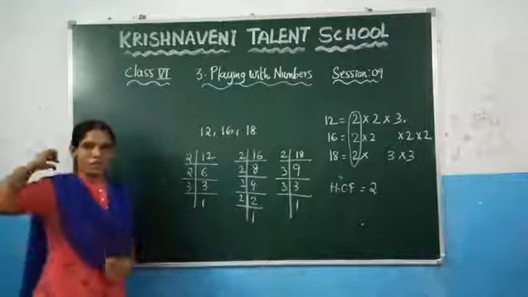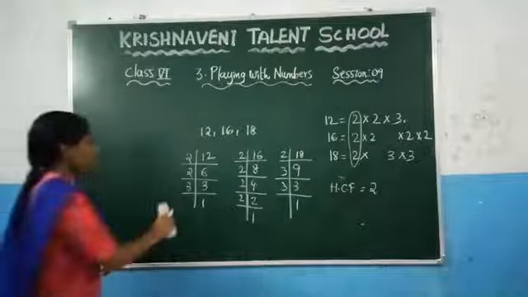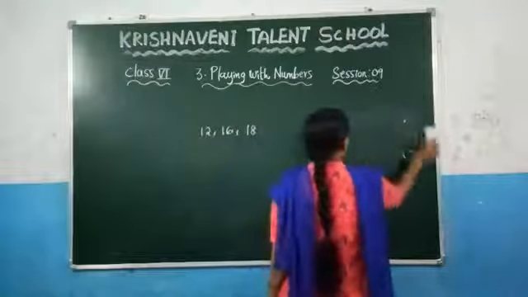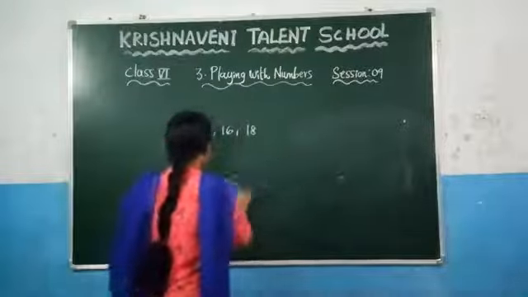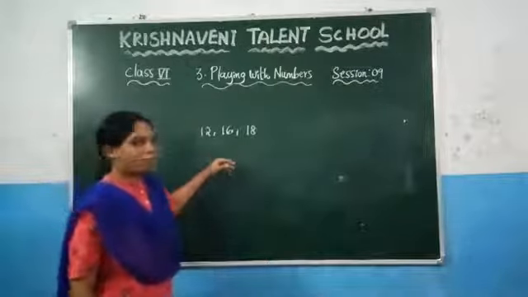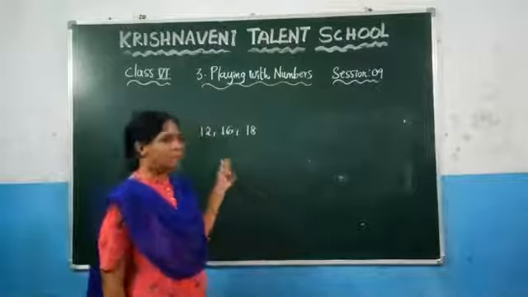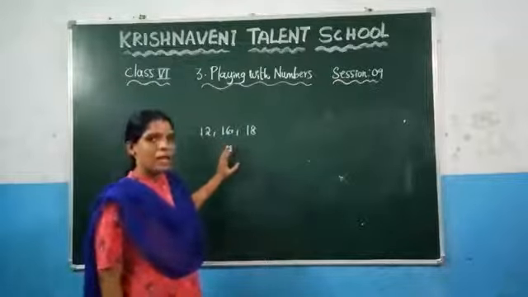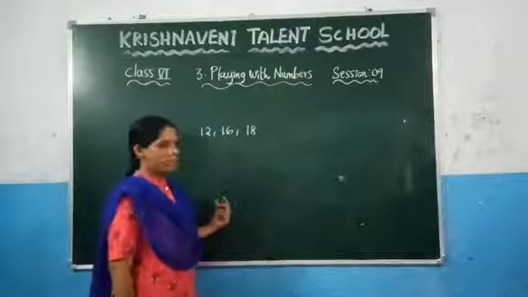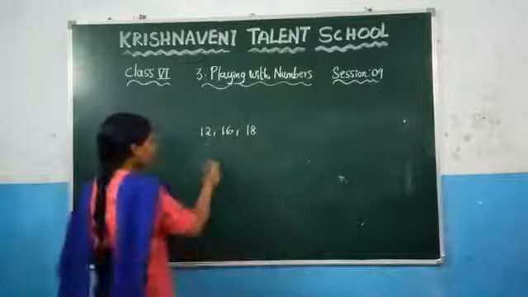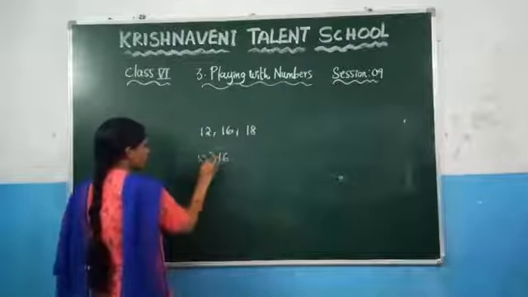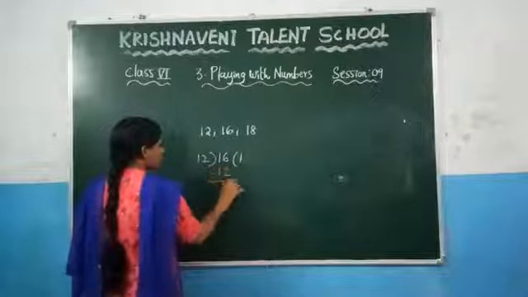Let us see about the continued division method. Take the same example here. In the continued division method, you need to divide the greater number by the smaller number. Take two numbers here, let us consider 12 and 16. And after finding the HCF of these two numbers, again you need to find the HCF with the next number. Now here among these two numbers, what is the greatest number? 16. Divide 16 by 12. What will we get here? 12 ones are 12.